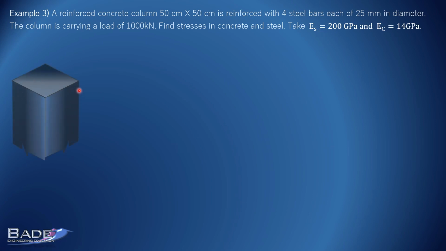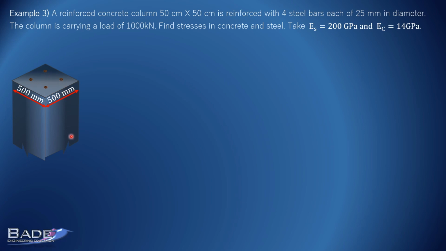Here it is a cement concrete column. It is much longer than what I have shown in the figure. That is why I have shown break lines here. So it is a vertical member, 500 millimeters by 500 millimeters. So superficially it appears a square cement concrete column. But if you take a cross section, you realize that it's not just cement concrete involved here, there are steel rods also. So there are 4 steel rods. So this is how steel rods are running along the column.